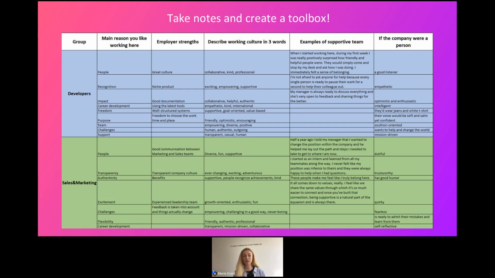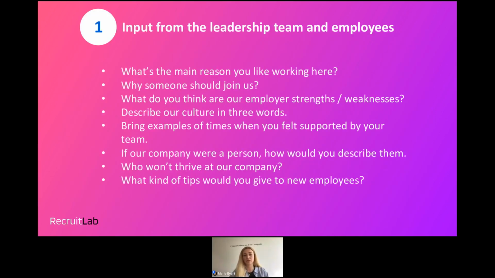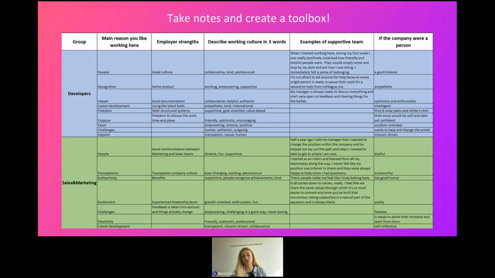But yeah, I would recommend doing this at least once a year, or even more often if there have been a lot of changes in your company, or if the number of employees has increased rapidly, for example. And of course, those questions I showed you earlier, those are only examples. You should use questions that address the topics that are relevant in your company. And having this information from your hiring managers, team members,